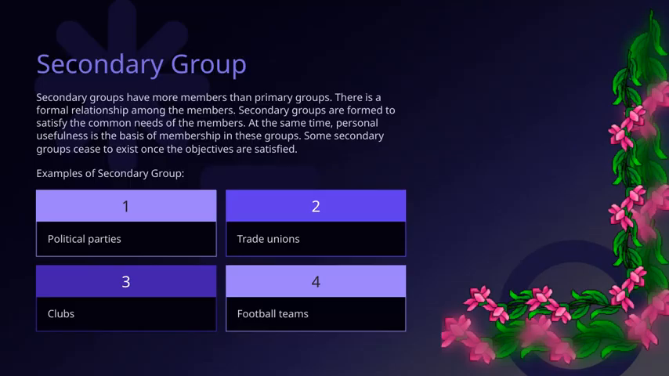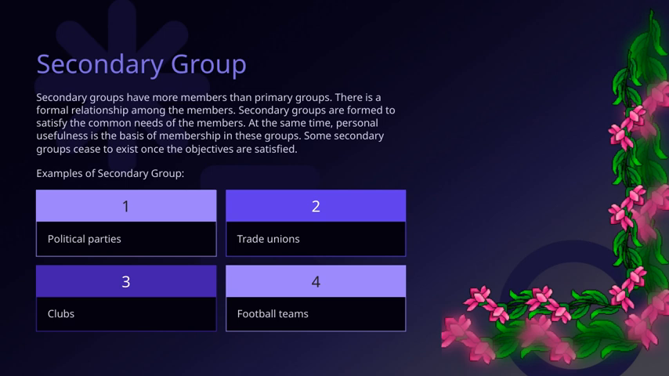Secondary groups typically have more members than primary groups, and that's an important distinction. These groups usually have formal relationships among members, which means there are clear rules or structures that guide how they interact. They are formed primarily to meet common needs, things like achieving goals, sharing interests, or pursuing collective objectives. At the same time, personal usefulness plays a big role in why people join these groups. For example, being part of a trade union or a political party can offer benefits that help individuals in their